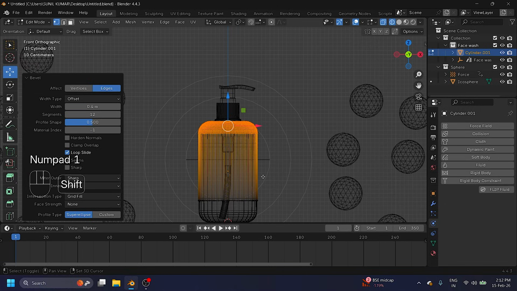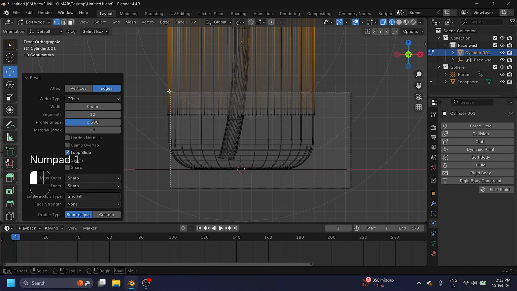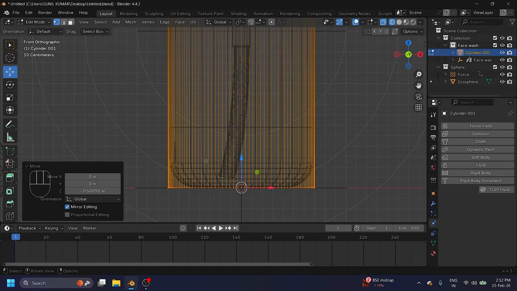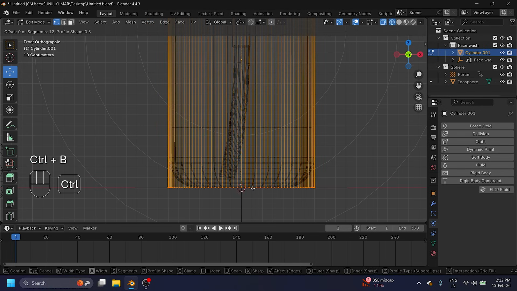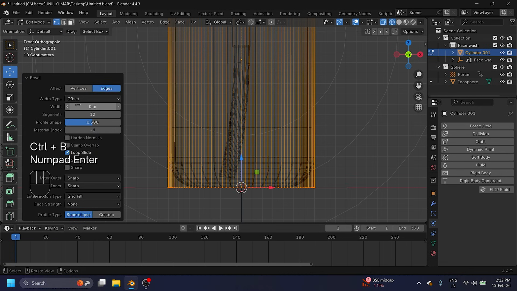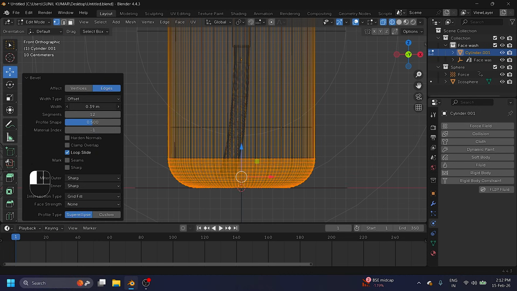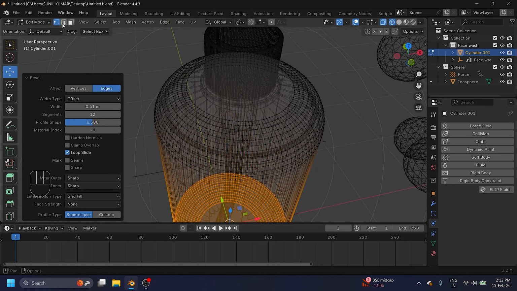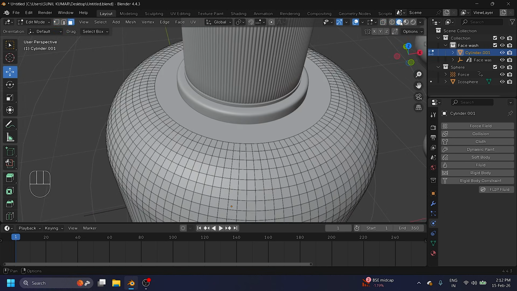And same step guys, go here, select this one and last, same, select this one, bottom vertex, Ctrl B, enter, and increase the width size like this. Yeah, perfect. Right? See. Okay, so guys, this time select face and click here.